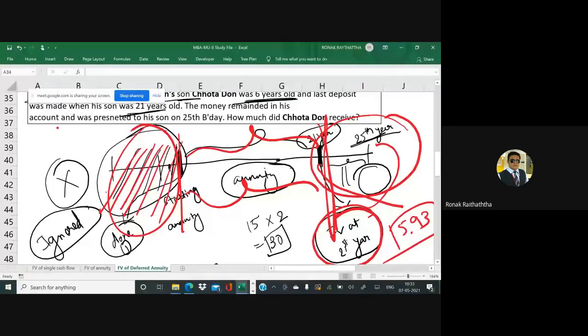Now the future value of the differential cash flows is pending to be done, and the continuous compounding annuity is also pending to be done. So in the next session, we'll be completing the future value entirely. And then we'll move to the present value. The formula chart will be sent to you today only in your Google Classroom, so that you will be able to see each and every formula of FV and PV over there.